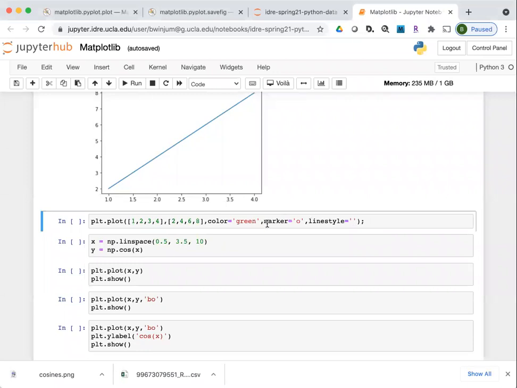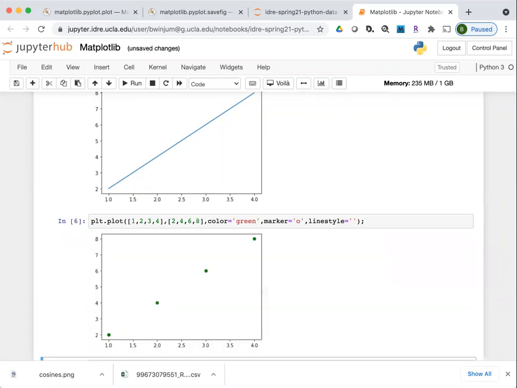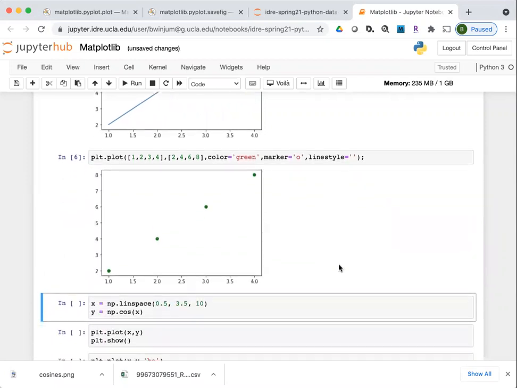I'm going to change the marker so it shows, in this case, this is the character that represents making the points circles. It's just a lowercase o. And then the line style I've set as nothing in between the quotes. So this will turn off the line feature. So when I execute this, now you can see how passing in these parameters to plot is a simple way to tweak the way that the data is represented inside of the graphic. So it made them into green circles and turned off the line.